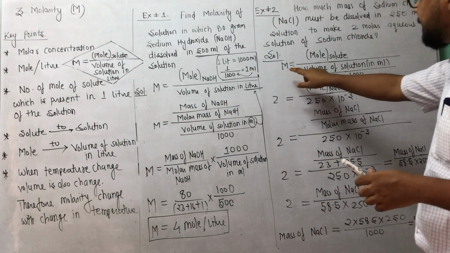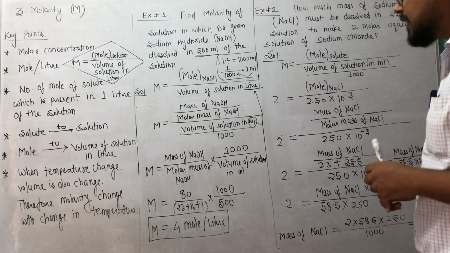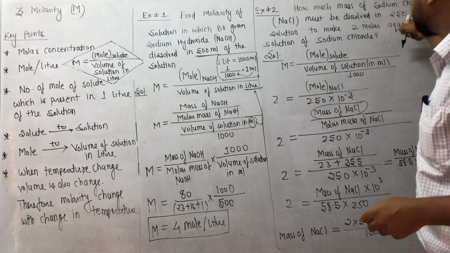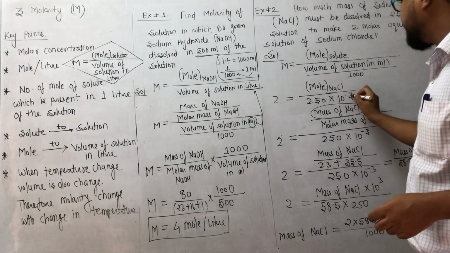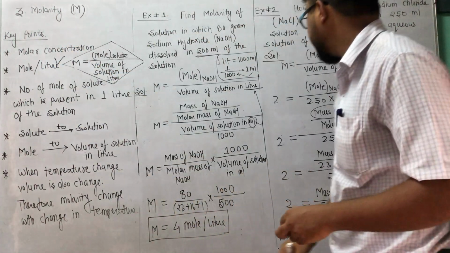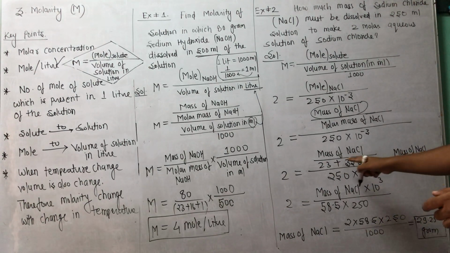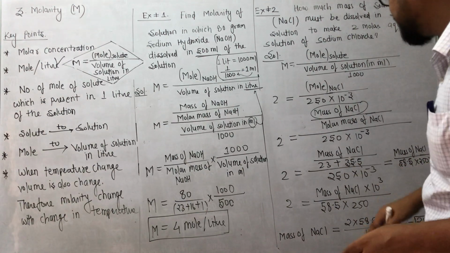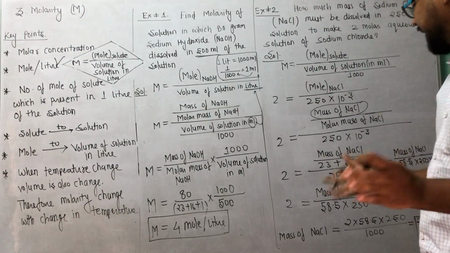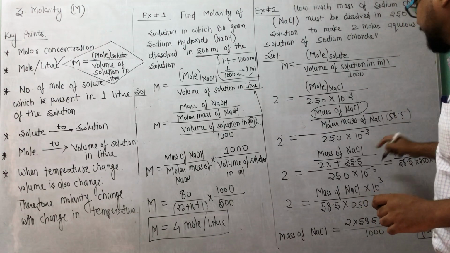Now capital M equals mole divided by volume, and mole is nothing but mass of NaCl divided by molar mass of NaCl, and I have to find this mass of NaCl. This is 250, the volume of solution, and by multiplying by 10 to the power minus 3, I will convert this ml to liter. Okay, right? So next, by arranging this, I will get mass of NaCl divided by 58.5. When I add 23 plus 35.5, 23 is the atomic mass of sodium and 35.5 is the atomic mass of chlorine. When I add, I will get the molar mass of NaCl. How much is it? It is 58.5.